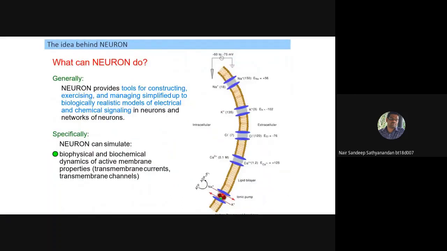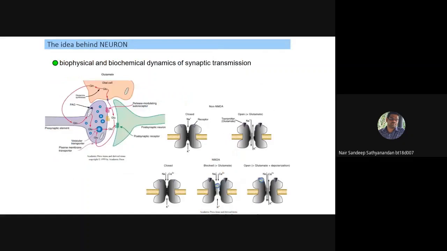So what can the neuron do? It can model the system in terms of detailed biophysical mechanisms such as ionic flow and all the molecular level mechanisms. Using these, it can bind all these molecular level mechanisms to create a node, and also create an interaction between multiple nodes. When we say biophysical and biochemical dynamics, it also includes the synaptic transmission, where the communication from one neuron happens with the other. And there can be different kinds of neurotransmitters flowing between the neurons. It can be excitatory or it can be inhibitory.